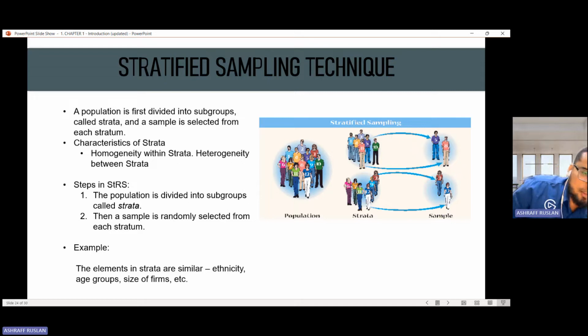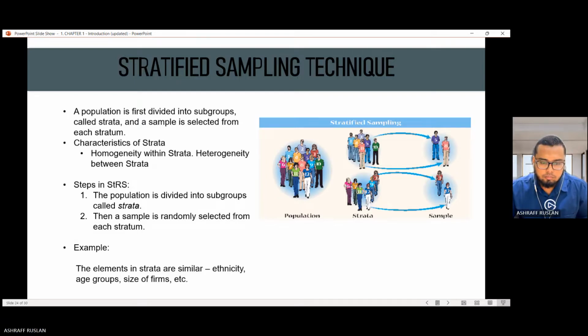Kalau stratified sampling pula, okay. Stratified ni, those who live dekat apartment ataupun kondominium ataupun yang kita sebut sharing of buildings tu, usually kita pernah dengar terminologi strata. Okay. So strata ni dia sebut homogeneity lah. Kita berada di blok yang sama iaitu blok A. Walaupun di dalam kawasan perumahan ataupun kondominium yang sama, tetapi kita dipisahkan oleh blok A ataupun blok B. So itu adalah kriteria di dalam stratified.